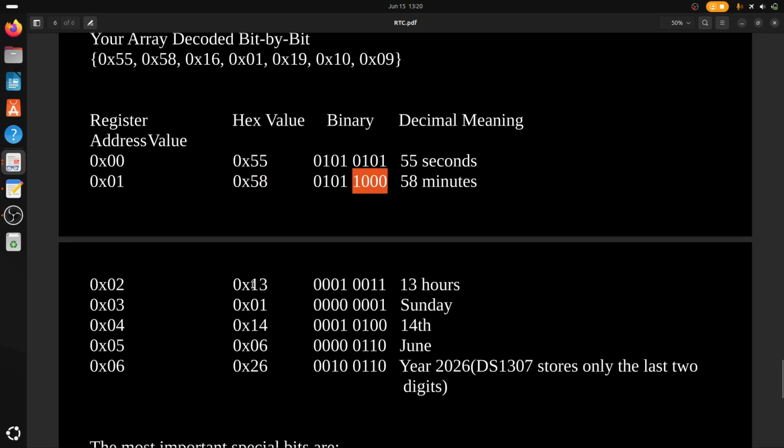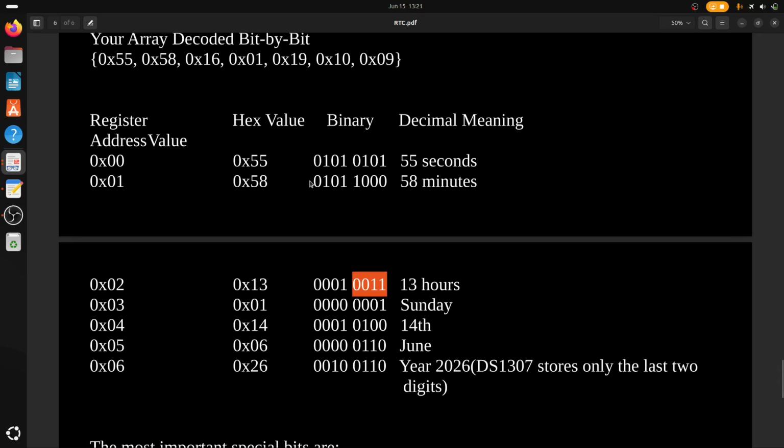So we are just writing in this hexadecimal form. This 1 is 1 in hexadecimal. This 3 is this in hexadecimal. So these bytes will be sent on the I2C bus from the master device to the memory location of